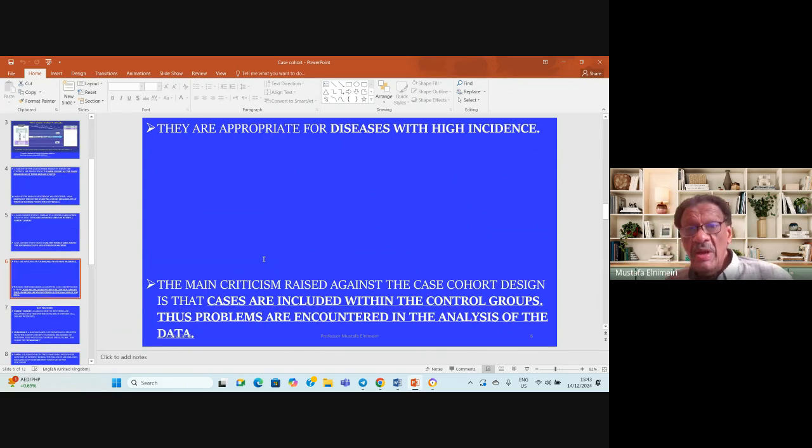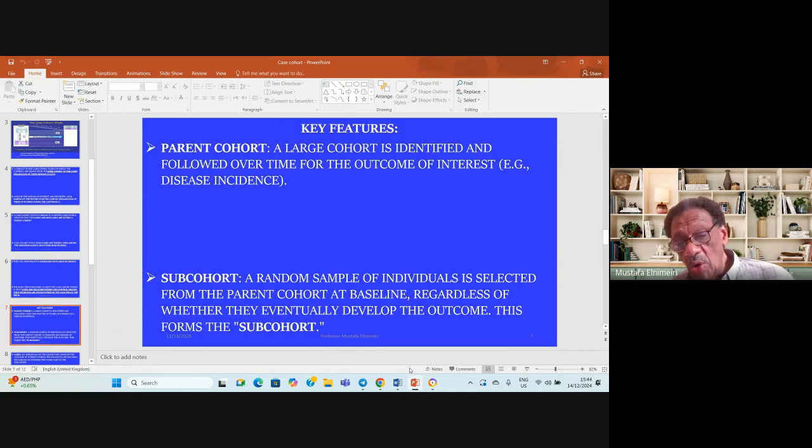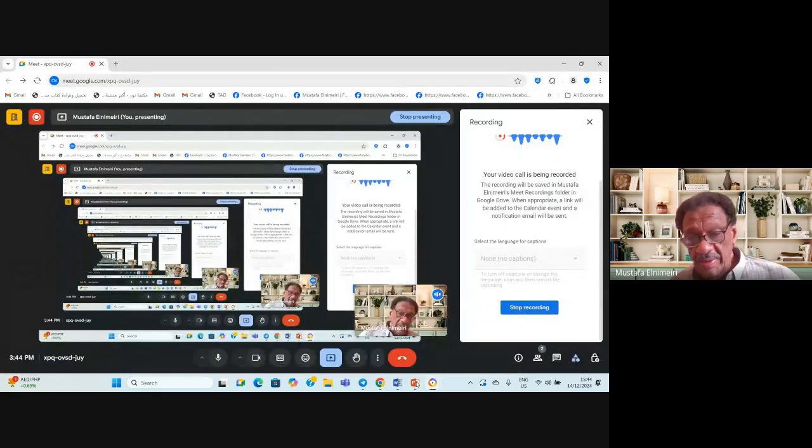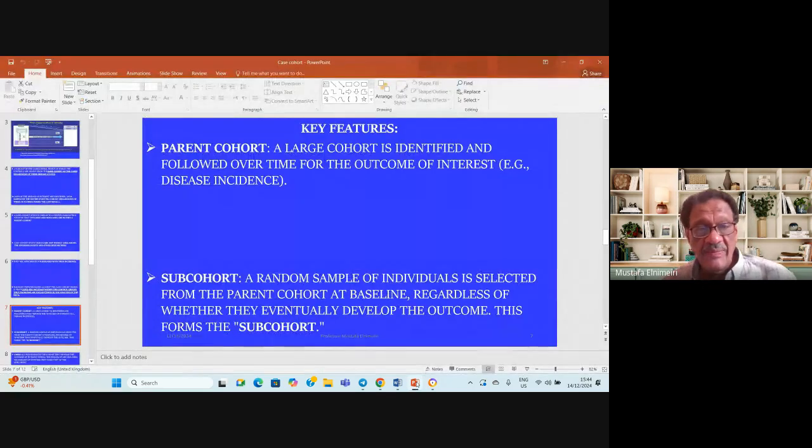They are appropriate for disease with high incidence, where we can find newly diagnosed cases. The main criticism raised against the case cohort design is that cases are included within the control groups, and thus problems may be encountered in the analysis of data, as we can find one control, you will find him or her also as a case, because we have not regarded the outcome